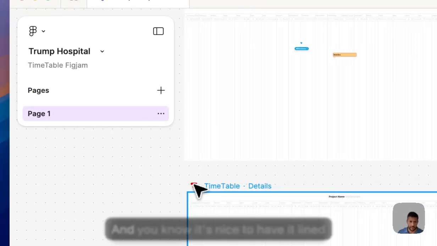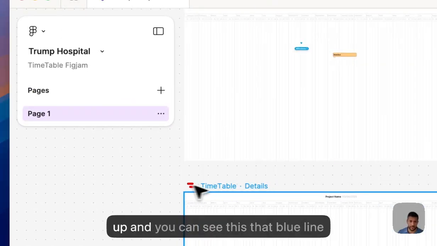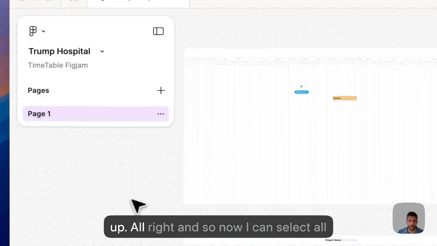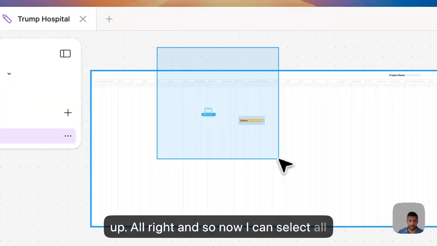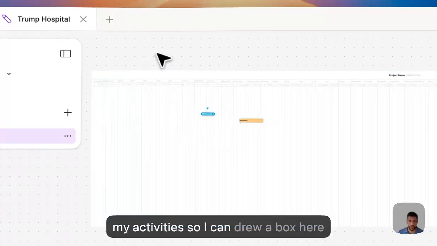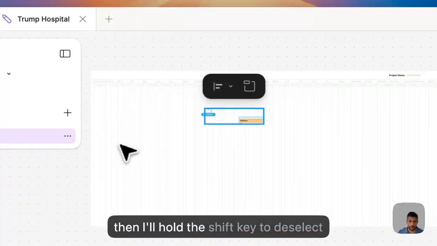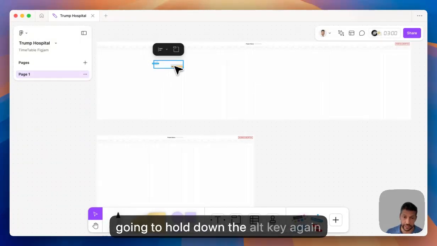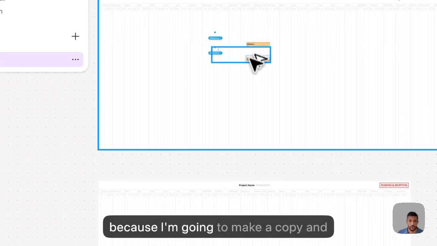Okay. And it's nice to have it lined up. And you can kind of see that blue line on the left there that tells you it's lined up. All right. And so now I can select all my activities. So I kind of drew a box here. Then I'll hold the Shift key to deselect this. And then I'm going to hold down the Alt key again because I'm going to make a